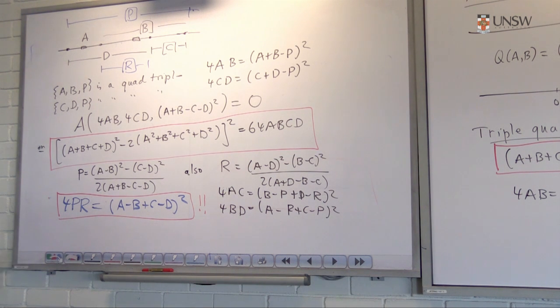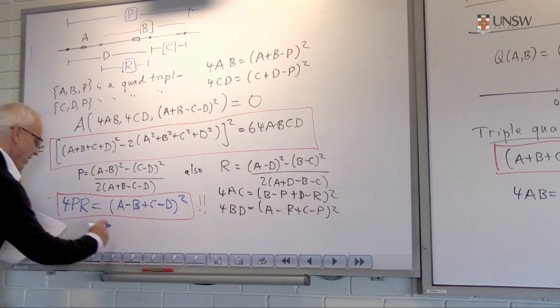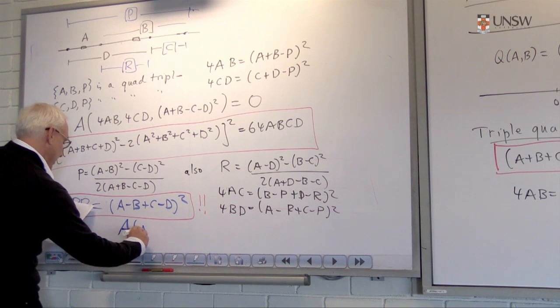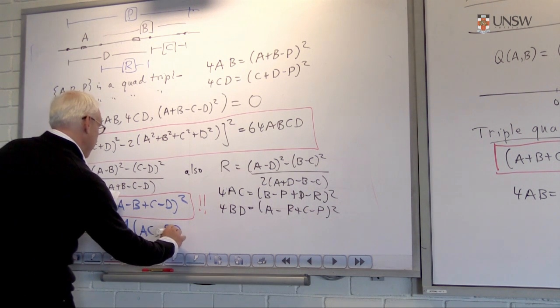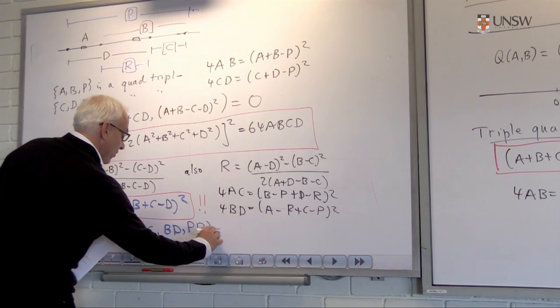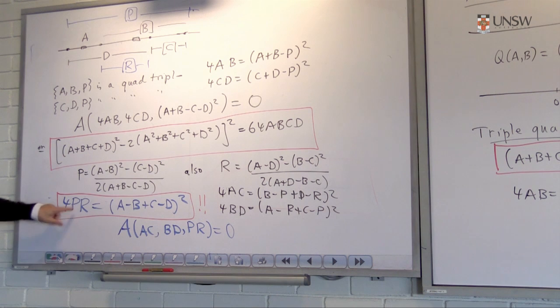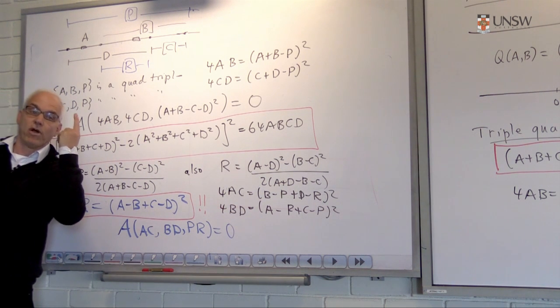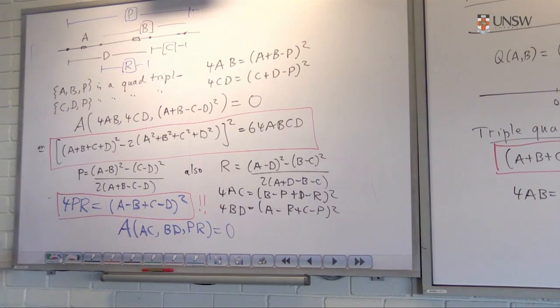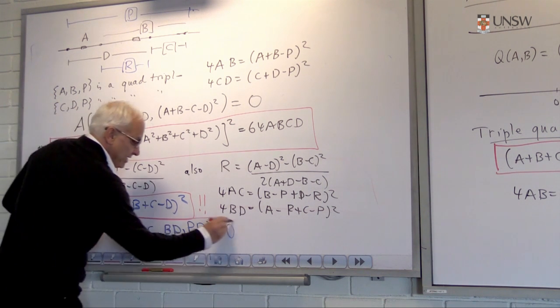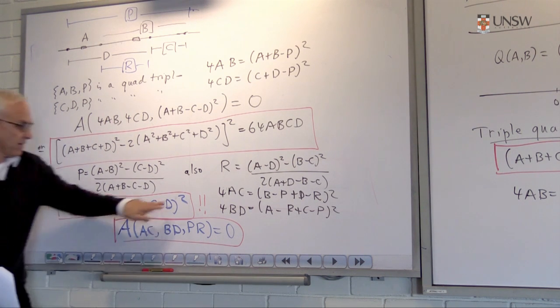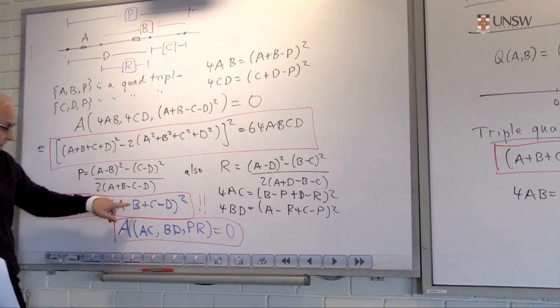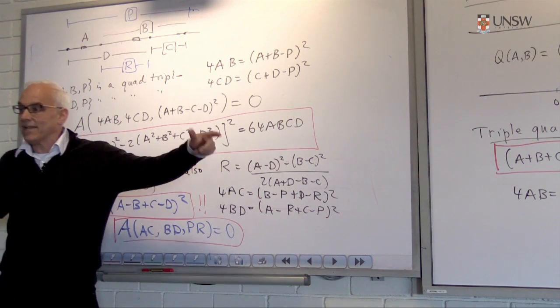And then we get another remarkable bit of magic when we look at these three expressions. We find that the Archimedes function of ac, bd, and pr equals 0. In other words, after we remove the 4, the product PR, the product AC, the product BD, that set is itself another quadruple. And that's an identity just involving these three expressions. So if you just take the Archimedes function and plug in this thing and this thing, then identically you get 0.